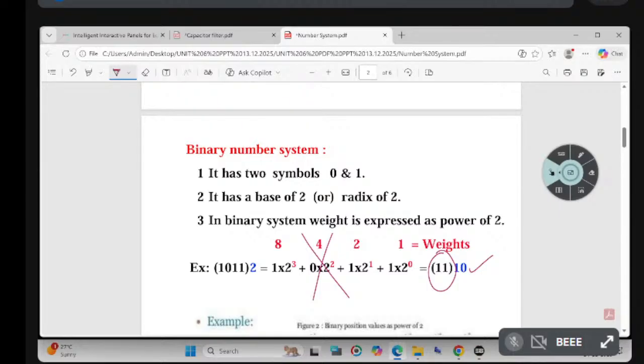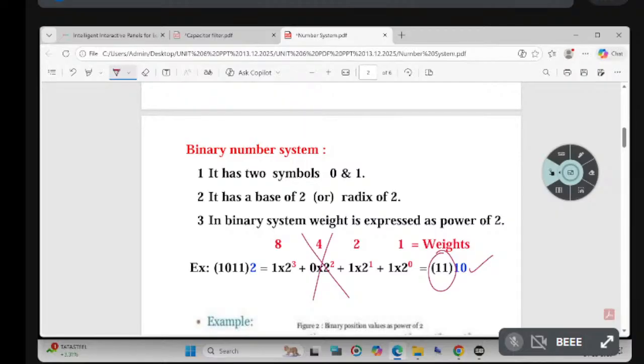Unit 6, heading Unit 6, digital electronics. First one, binary number system. The points are, first point,